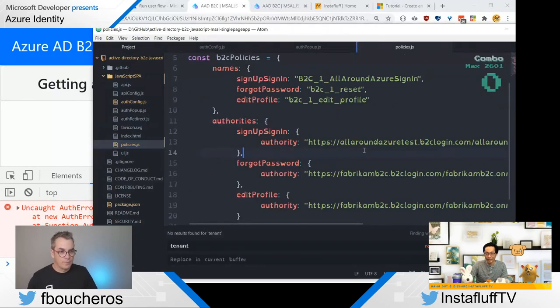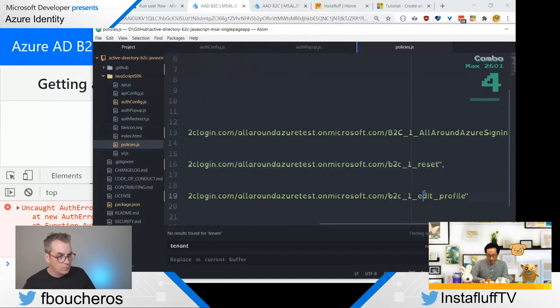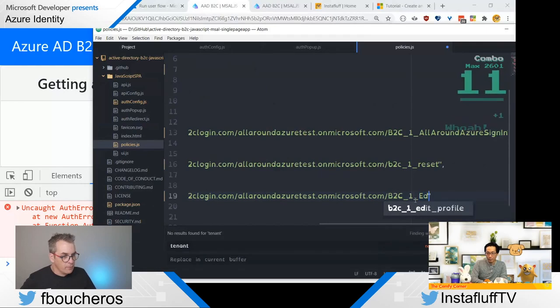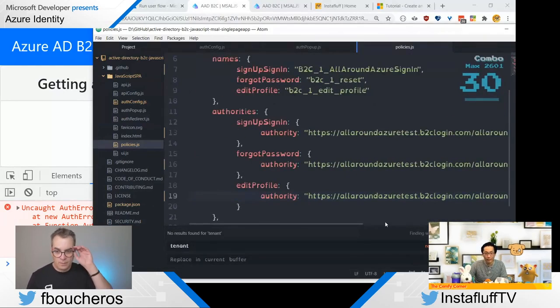So yeah, this is what it needed, and we also had the edit profile one, but I think we called it B2C1 edit profile tests or something like that. And so that should be it.